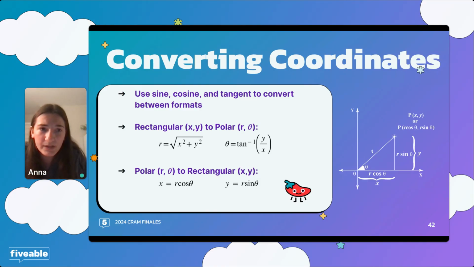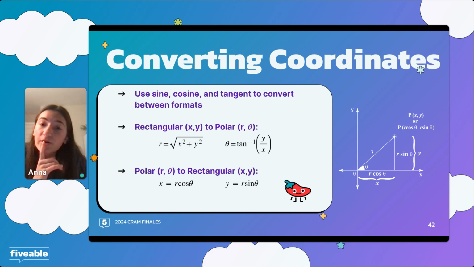And then as far as the theta, that is just how you calculate the angle. And whenever you think of calculating an angle, you need to use inverse trig. So that's why we use this inverse tan. And then that's a convenient way for you to plug in both the x and the y coordinate to get the polar coordinate. So then that gets you the r and the theta.